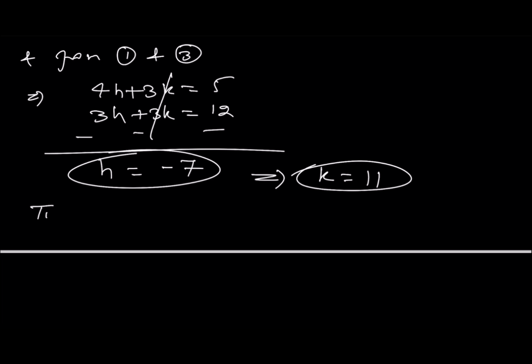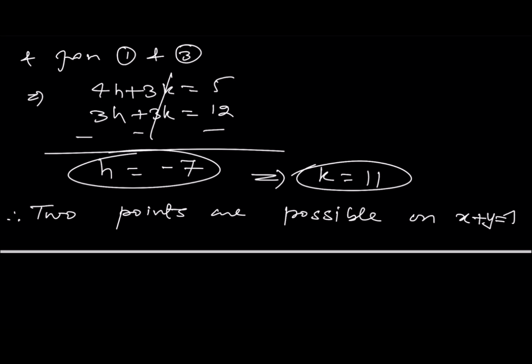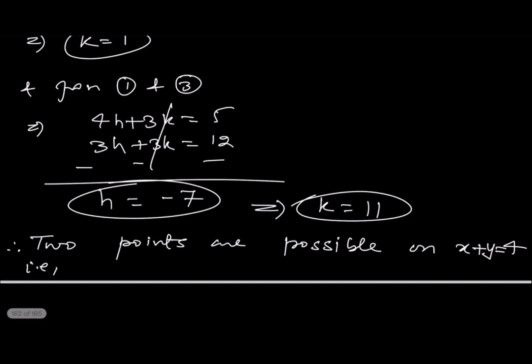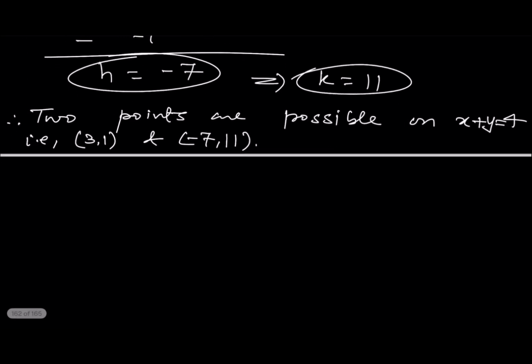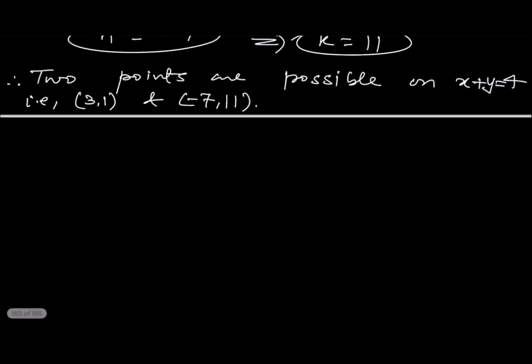Therefore, 2 points are possible on x plus y is equal to 4. That is, one is 3 comma 1, and the other one is minus 7 comma 11, right? Okay, now